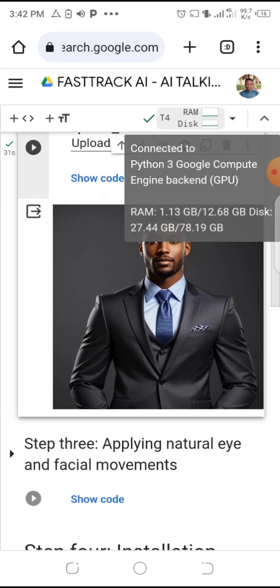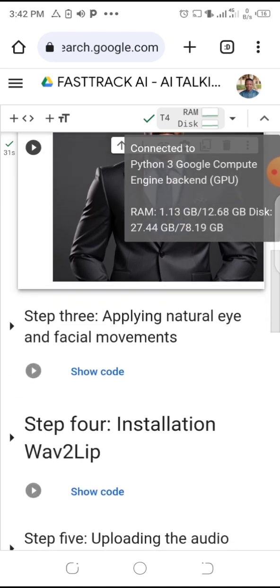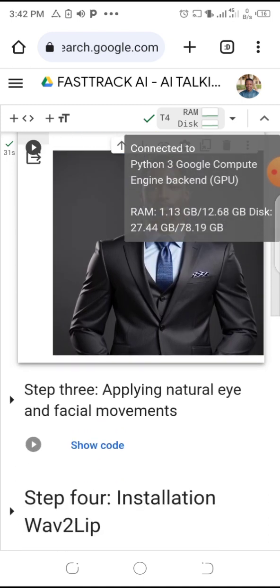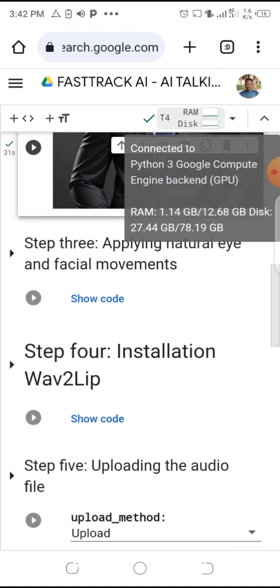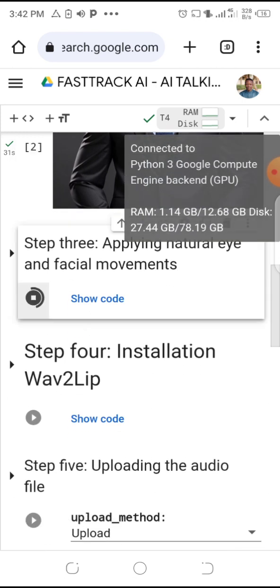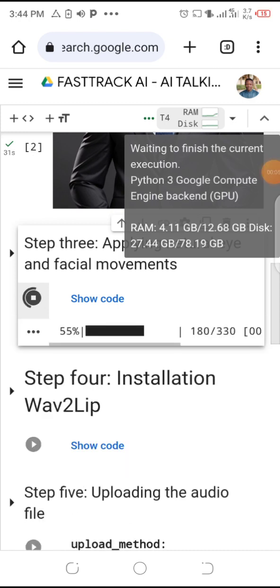So the third step is, you're now going to make the image live. You're going to bring it to life. So you now come down to this play again. The third step, you tap on it. The link of this thing is going to be in the description, like I said. So you can see it's downloading. You just wait for it to finish. Just be patient for it to finish downloading, because it's now making it